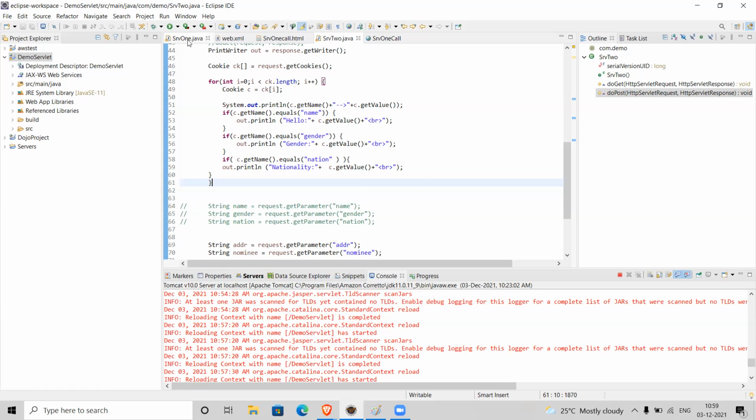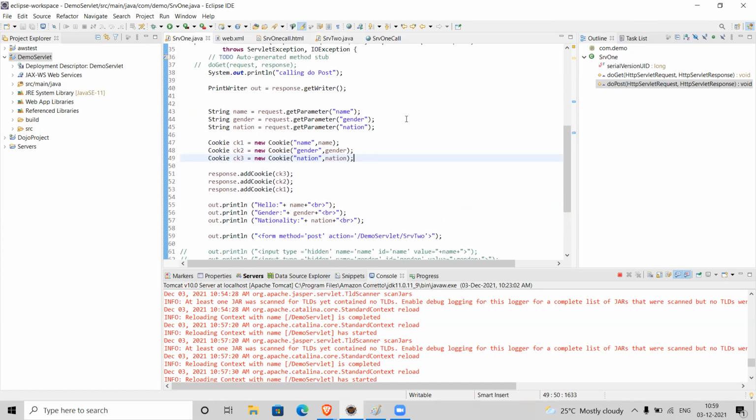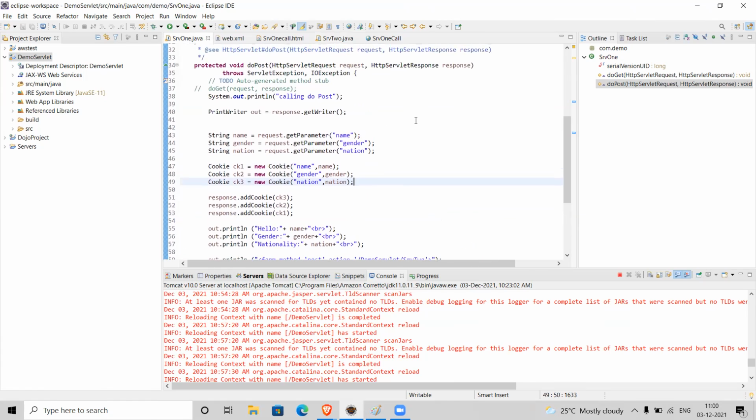So if you want to verify user information in the database, in SRV1 you can add a JDBC connection and get data from the database. If this user information is available in the database and you want to read it in SRV1, you can add that code.